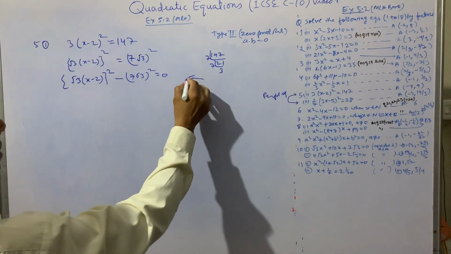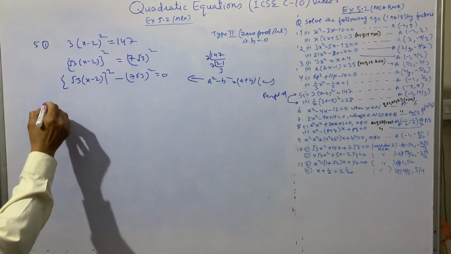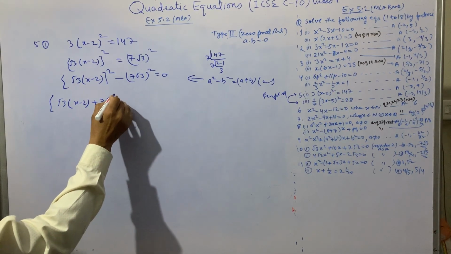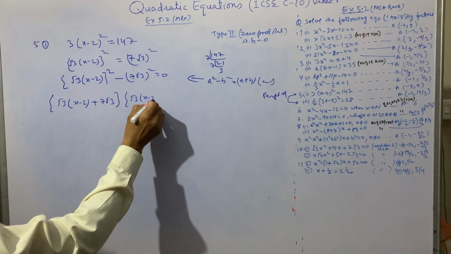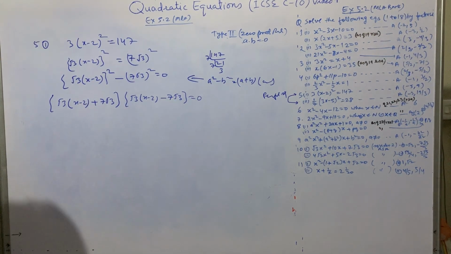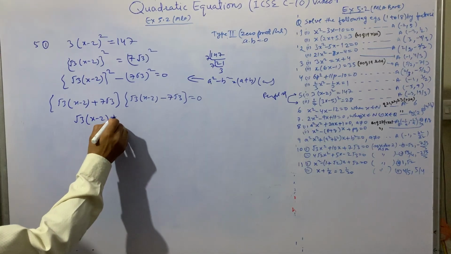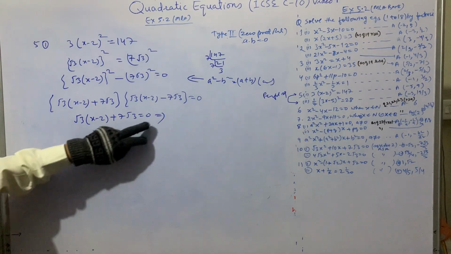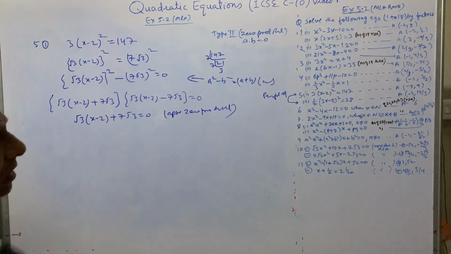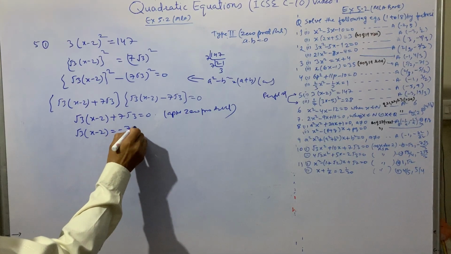ये a प्लस b, a माइनस b फॉर्म में आ गया, क्योंकि a स्क्वायर माइनस b स्क्वायर है। तो a प्लस b में ये आया था √3 x माइनस 2, एक बारी प्लस किया 7 √3 और एक बारी हमने इसको माइनस किया: √3 x माइनस 2 माइनस 7 √3 इज इक्वल टू 0। अब ये a डॉट b हो गया ना। अब वी कैन अप्लाई द जीरो प्रोडक्ट रूल। तो एक बारी हमने लिया √3 x माइनस 2 प्लस 7 √3 इज इक्वल टू 0। क्यों करा, बिकॉज़ हमने जीरो प्रोडक्ट रूल अप्लाई किया। सेवरल टाइम्स वी हैव सीन दिस। सो अब इसमें √3 x माइनस 2 इज इक्वल टू -7 √3।